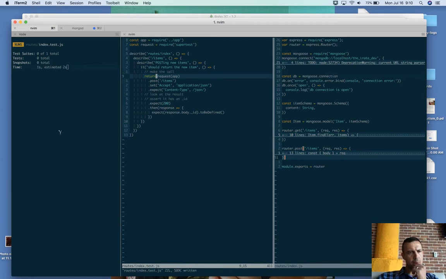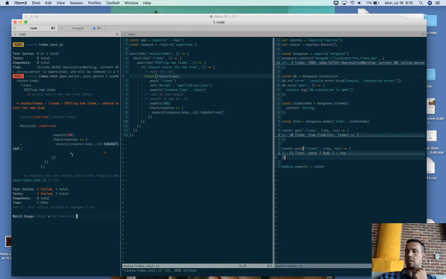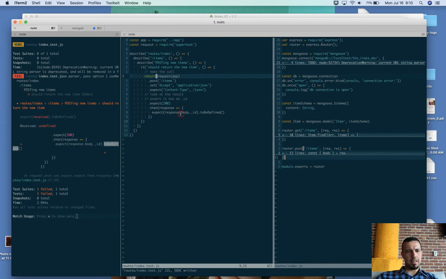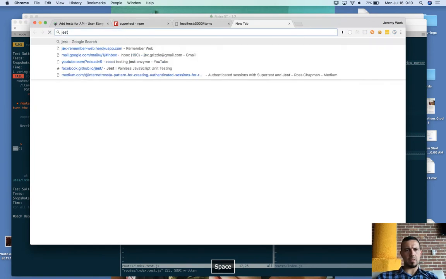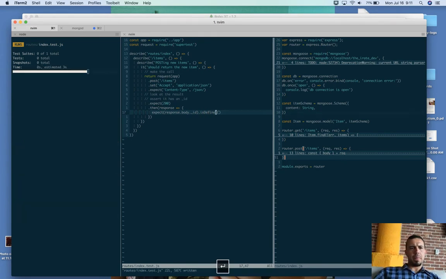How does that work? So let's see. To be defined is not a thing. We'll find that. I thought it was just to is defined. Okay. Is defined. So now,